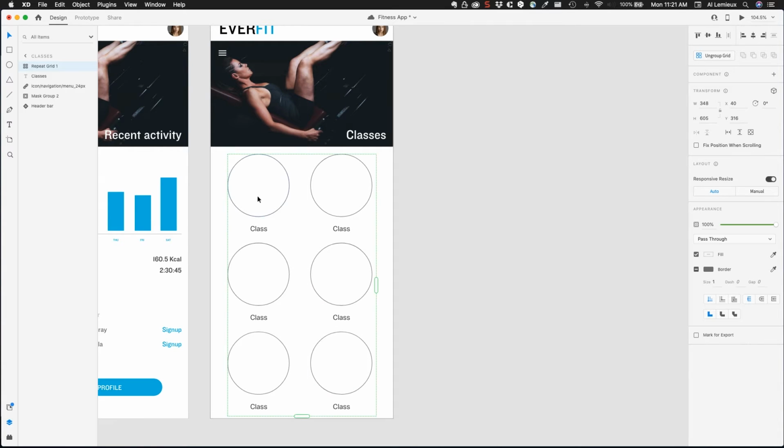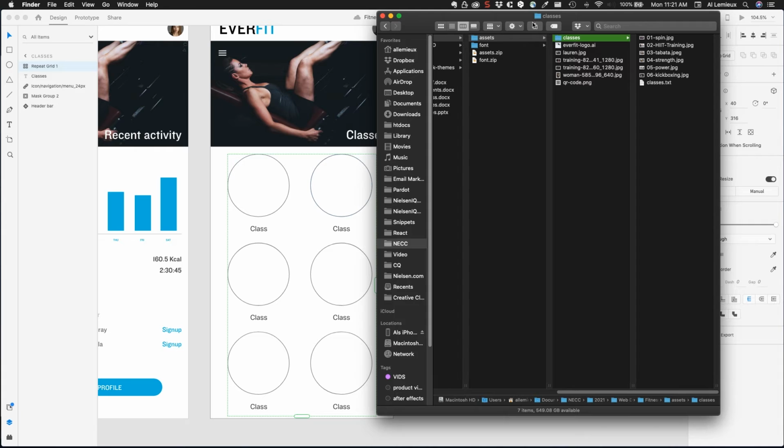Okay. And then now I want to put images in here, and then I want to change the name of the classes. So you could do that. I could click on this. I could import an image, and I have to mask it and everything. I could click on the individual names, I double click on them, and I can change them, but that's a little bit tedious and time consuming. So what's really cool is that in your